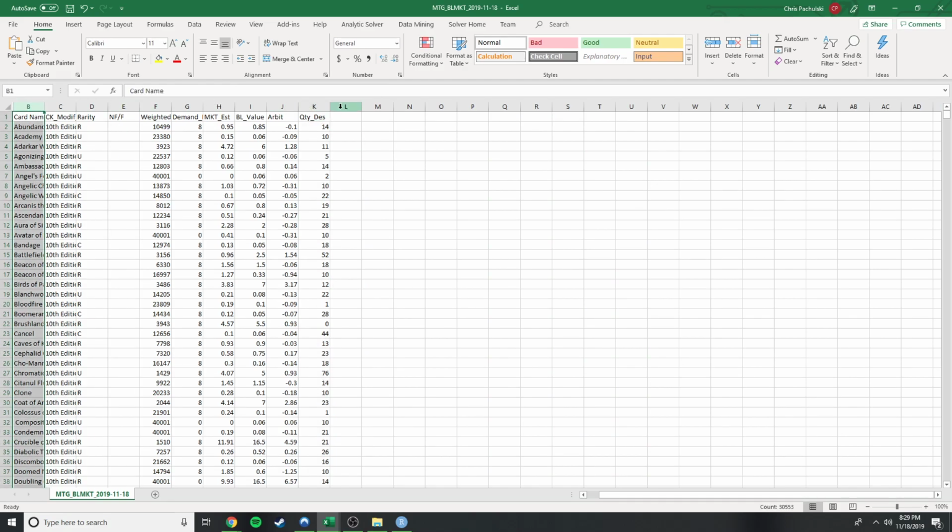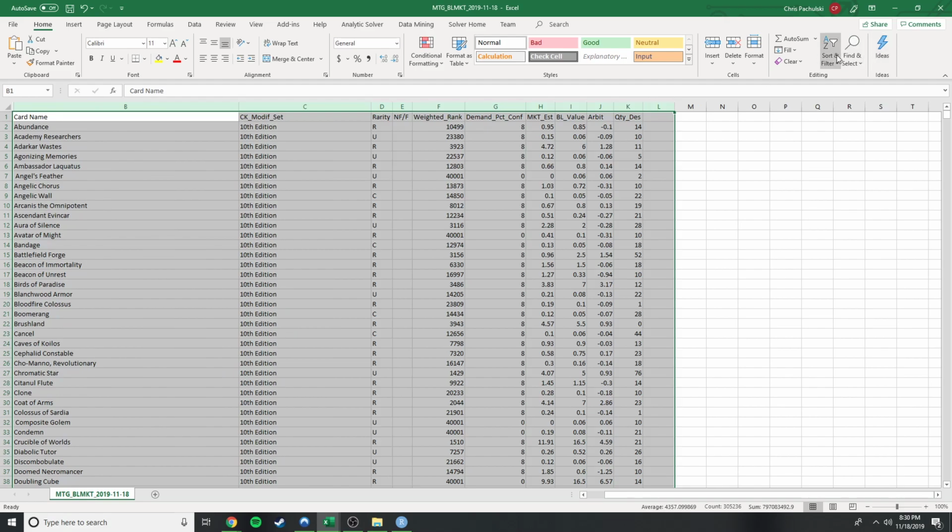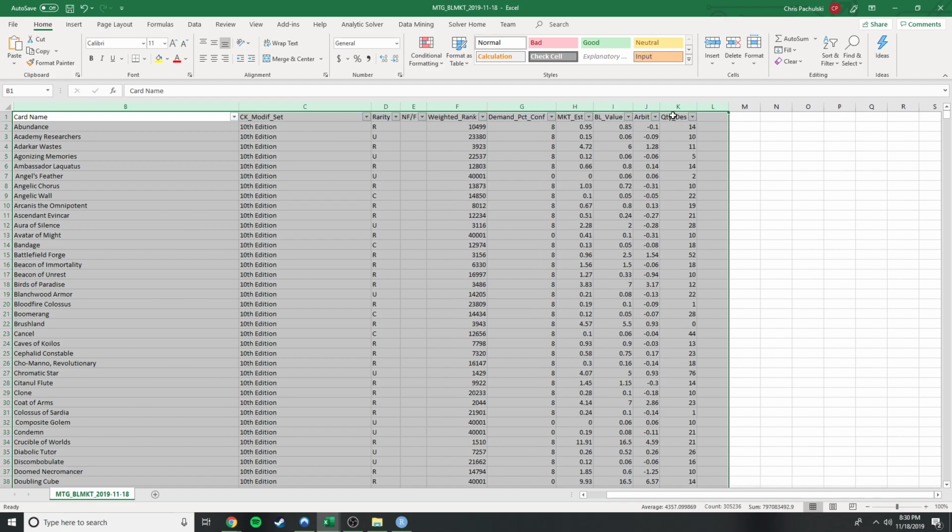So we're going to highlight this, shift, and then again double-click because we want this to go there. Then we're going to filter. Oops, I should have filtered first. I'm just going to double click again. But again, we just want to highlight. We went up to the top right, we clicked filter. Then we came back down and we auto size the columns when we double click on the edges of these